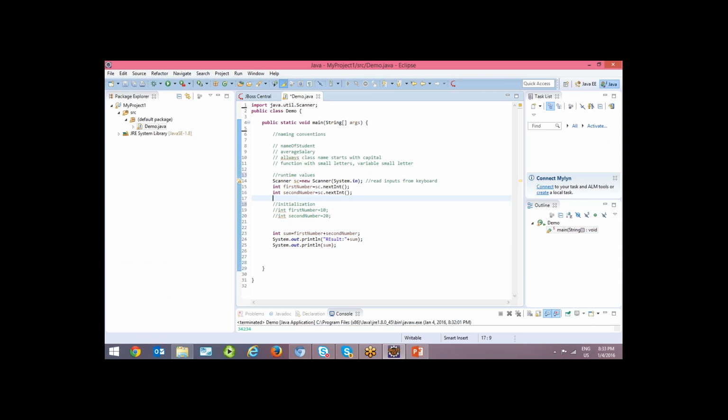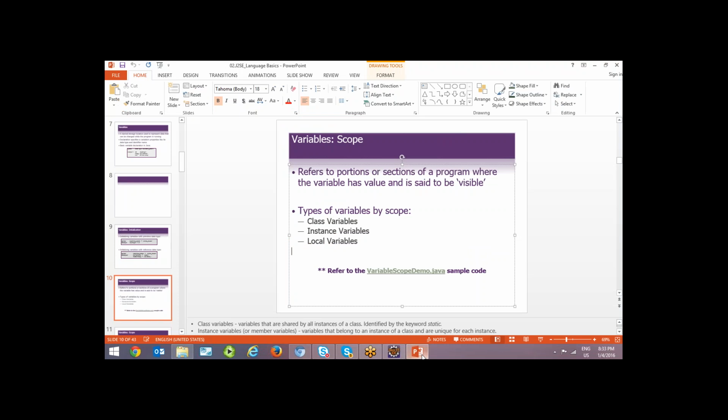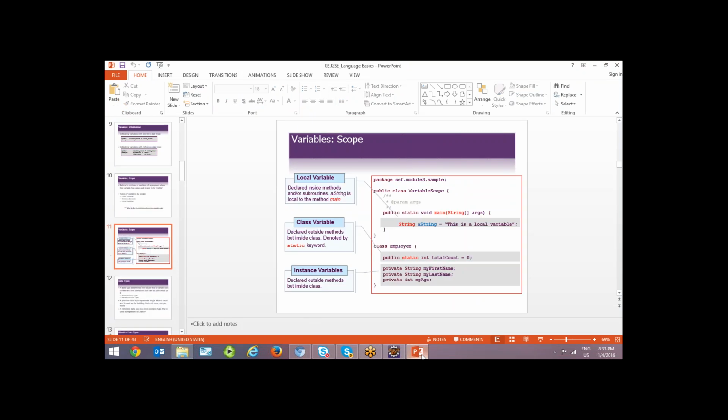We cannot use it outside of the function. Whatever you declare like this is called a local variable. Class and instance, you will get confused; I will explain in our coming session.